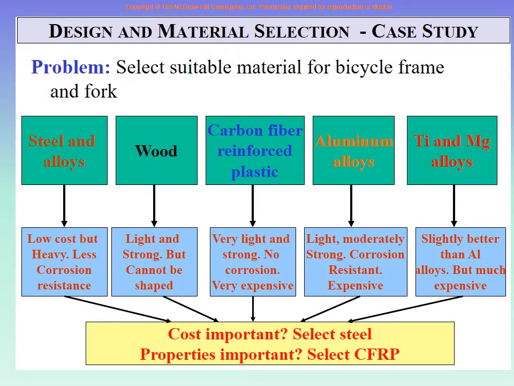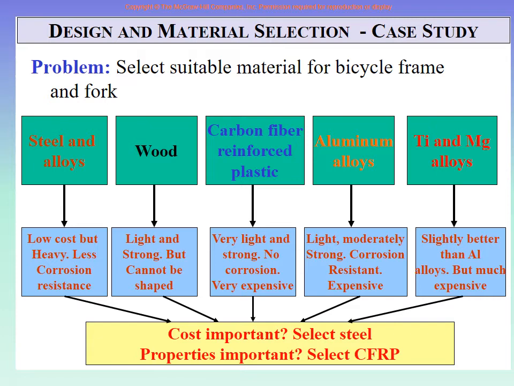And this is your same slide as you did in chapter 1. You have hopefully already gone through it, but I'm just repeating that now you are trying to make the bicycle frame. If you take steels and alloys, low cost but heavy, corrosion will be an issue. If you take wood, it is light and strong, but it cannot be shaped into the curves and so on